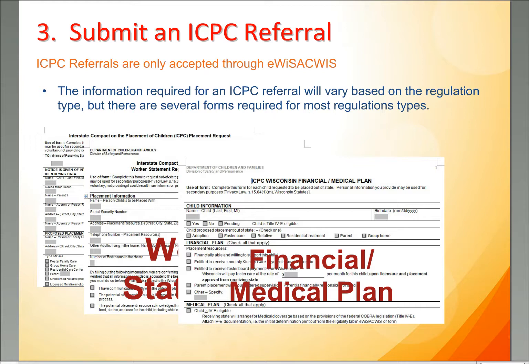The sending agency is responsible for determining what assistance the proposed resource is eligible for, including kinship and foster care payments. If Wisconsin is paying kinship care to an out-of-state resource, the resource is required to go through the licensing process in the receiving state per our levels of care requirements. The Wisconsin agency should submit a conversion request to the Wisconsin ICPC office as soon as it's possible in order to pursue licensure and foster board payments for the resource in the receiving state.